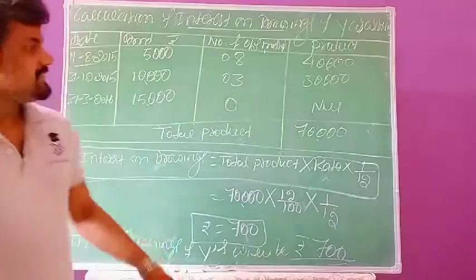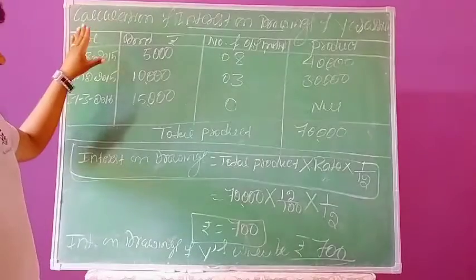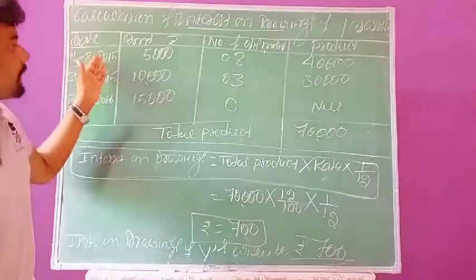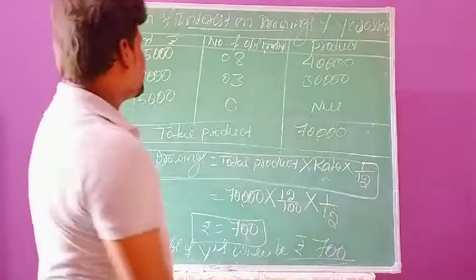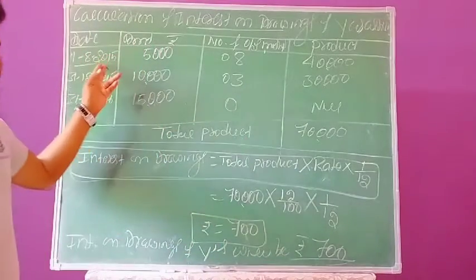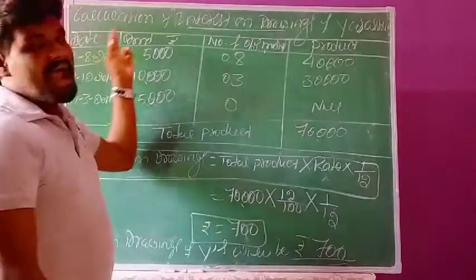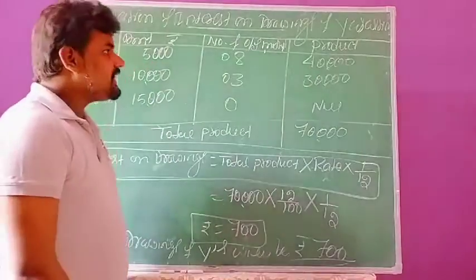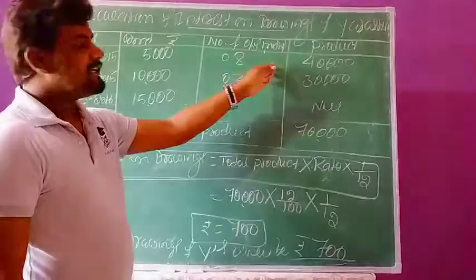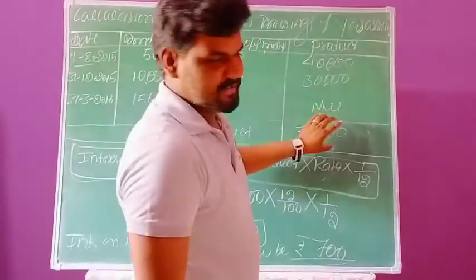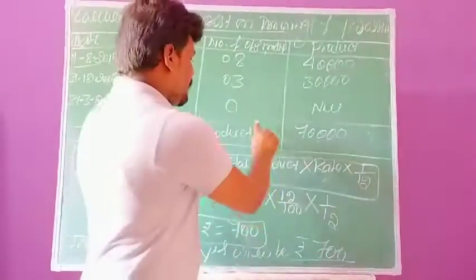So here, on the particular date whenever they are withdrawing the amounts, we are recording that date and how much amount they are withdrawing. The next one, the outstanding period, we calculate from the date of withdrawal to the end of the assessment year. And finally, we multiply the amounts with the number of outstanding months. By multiplying, we get the total product. So by preparing this format, we are ascertaining total product.